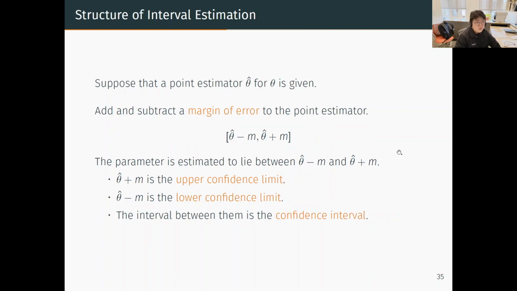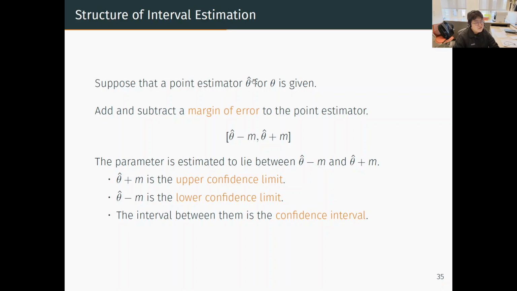So let's formulate that idea in statistics, right? Suppose that we are estimating theta, we are interested in theta, and assume that we already have a point estimator theta hat. Like I said, for the mean and for the variance, you know the typical point estimator, so then use them, right? Usually it is clear what the best point estimator is. Theta hat exists.